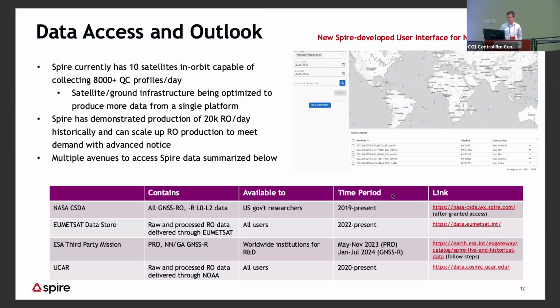And in terms of data access, I've summarized the different avenues that research users can access our data. I think probably the main one to highlight is NASA CSDA. This contains all of our RO data, all of our GNSS-R data from 2019 to the current period, and it's available to US government-funded researchers. One thing to note that I don't think Melissa mentioned was that